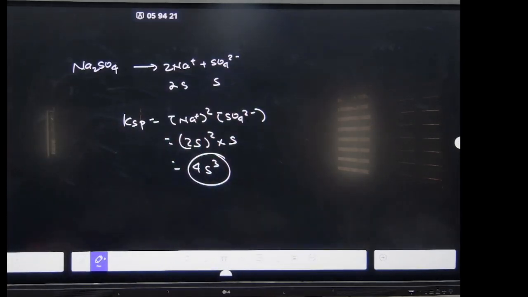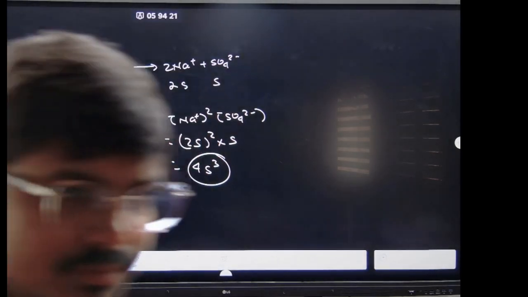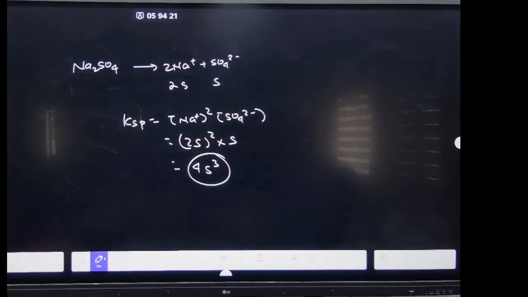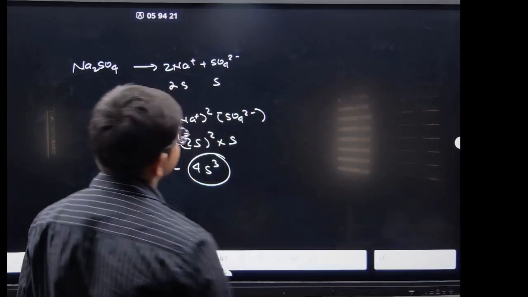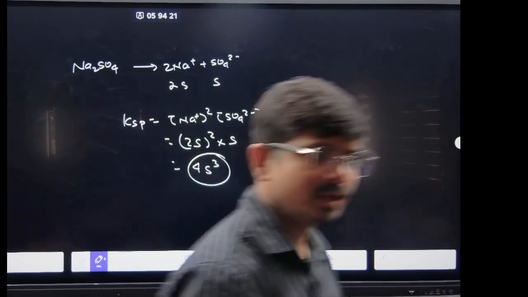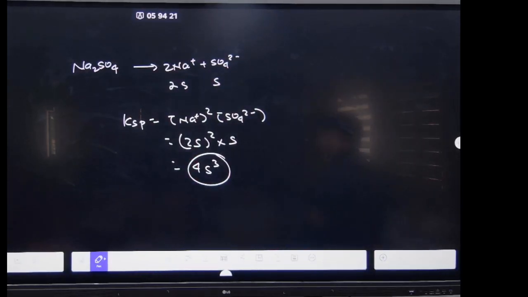Got it? Will this be understood? Understood? Write down. Fine, one, right? Now see here,